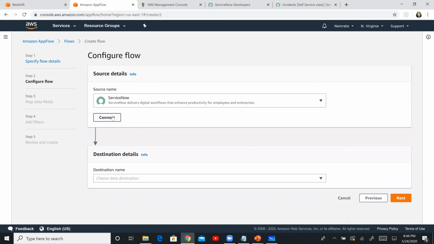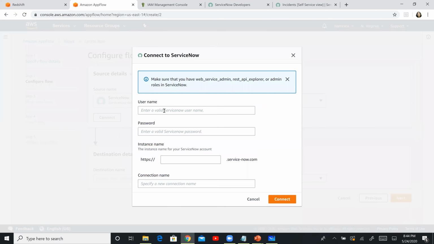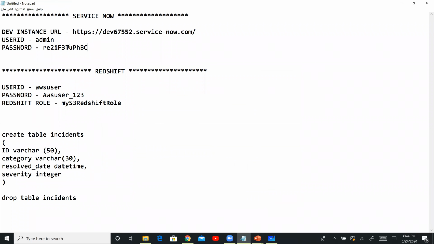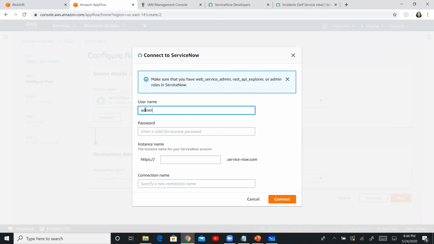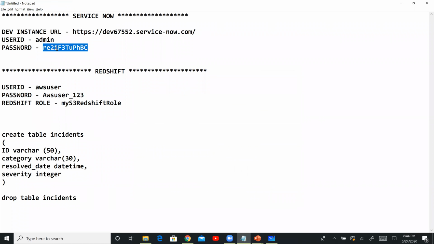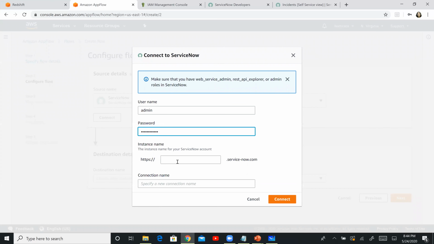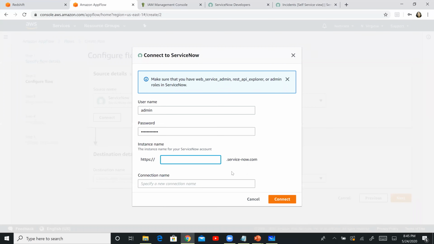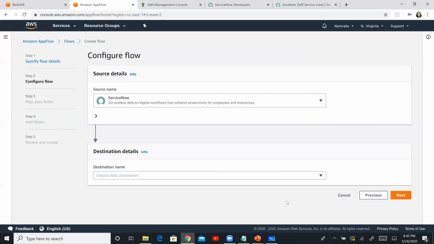We'll go ahead and now create the connection. So click on connect. Our username. So I had copied my username over here and I had requested you to also copy your credentials. So go ahead and copy your credentials over here. These are my creds. You need to give our dev instance. So this is our dev instance name. So copy this dev whatever. The remaining is already there. So just copy this name and give it a connection name. So let's say ServiceNow con, right? So this is our connection name.